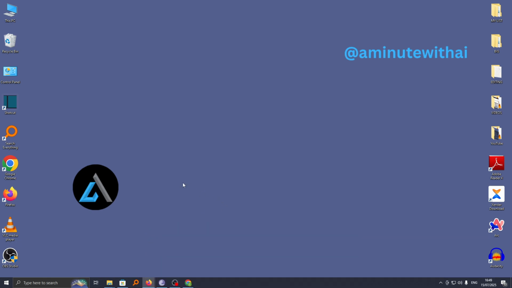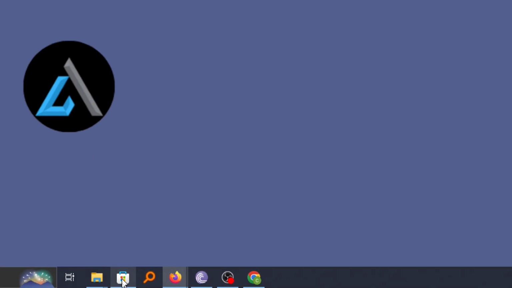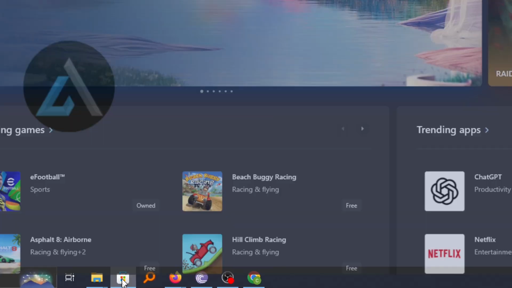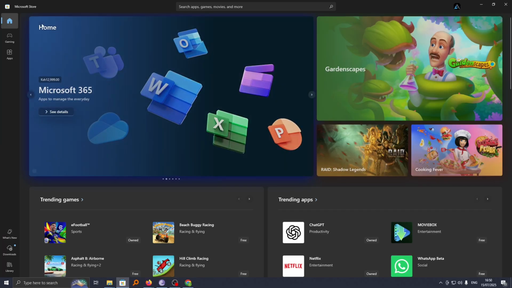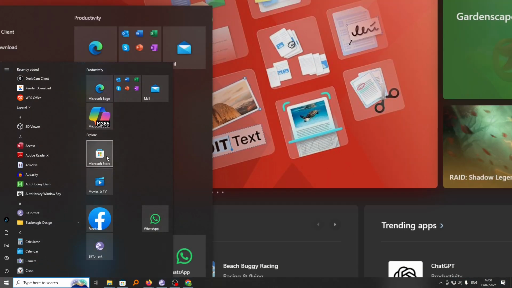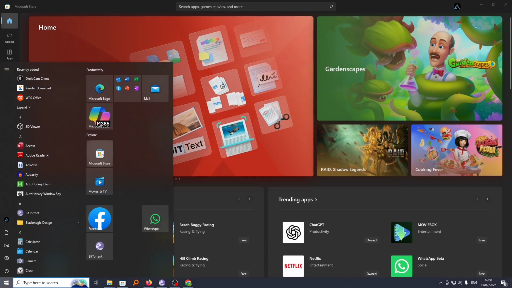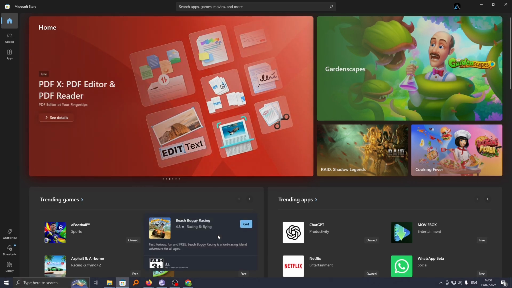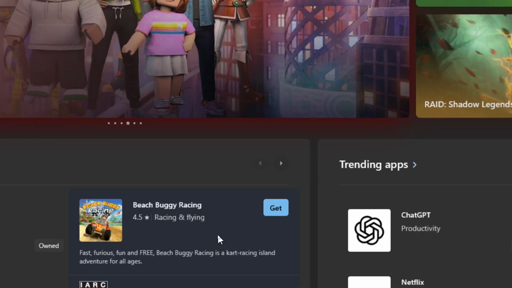Now to get started, all you need to do is to go and click on this icon here. This is a Microsoft Store icon. If you go ahead and click on it, it will take you to Microsoft Store. Alternatively, if you can't see this icon, you can just go to Start menu here and you'll see Microsoft Store available. Once you click on it, it will again take you to this, and we are interested in downloading Buggy